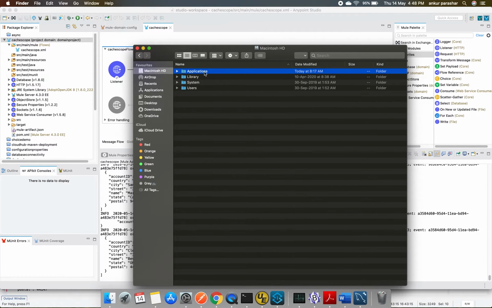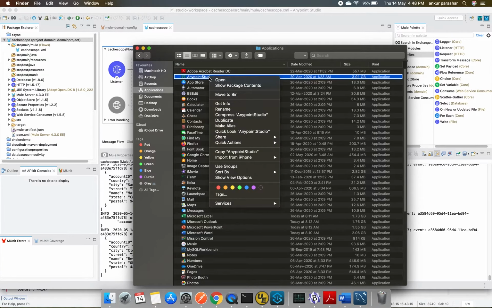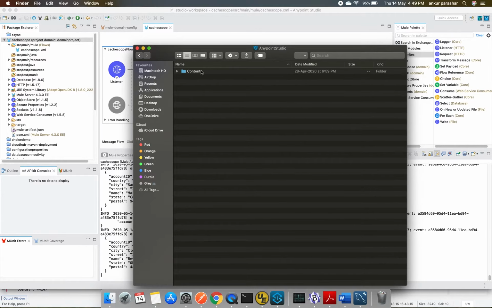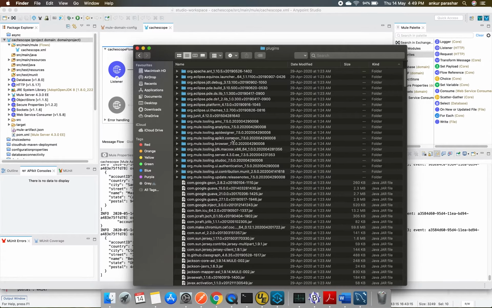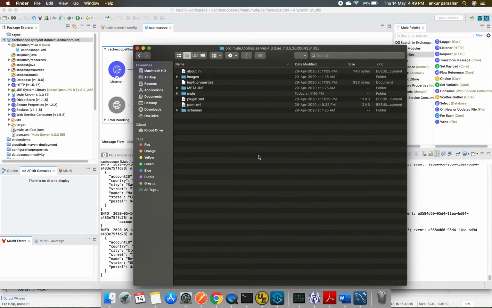I will go to application instances, right click, show package contents. I will go inside the contents, maybe inside the Eclipse. I will go inside the plugins, and I will look for this particular folder, that is tooling server mule runtime, then a timestamp is there.